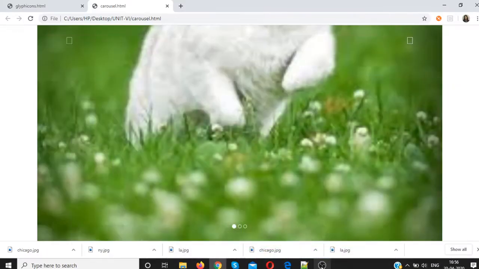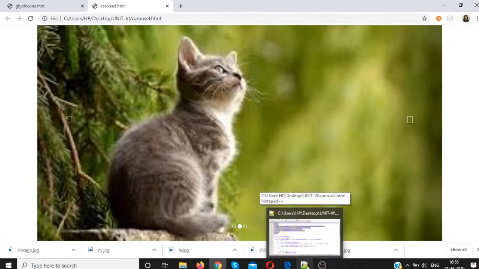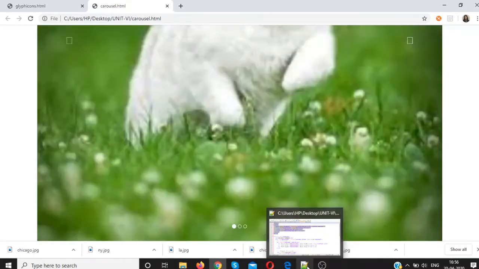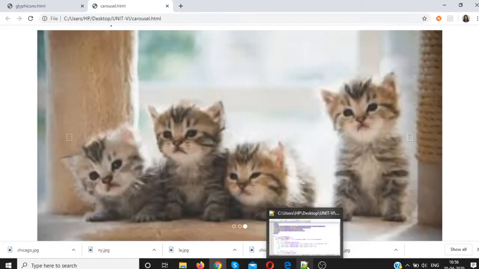So now we will see the next concept, that is carousel. Carousel in Bootstrap provides functionality used to add a slider on the web page, and this functionality is responsive. In a carousel we can add any type of content like images, videos, iframes, etc. This is an example for images.